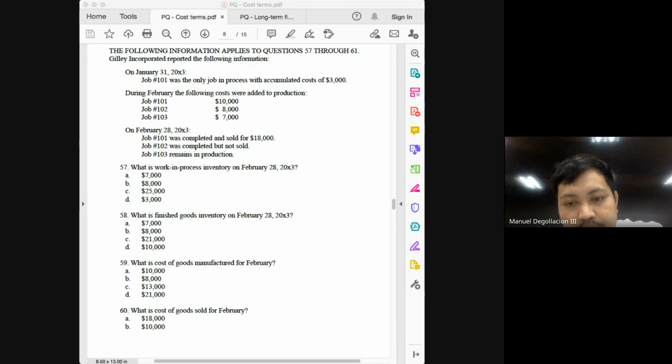But you have to be careful. In answering this one, you will have to include the cost of your beginning inventory. So one possible pitfall here, class, will be for you to just say that the answer is simply 10,000 plus 8,000. Fortunately, that is not among the choices. So what would be the complete composition of our answer, class? Job 101, but not only at 10,000, but 13,000. 10,000 plus 3,000. Does everyone see where we got the 3,000? Yes, the cost of the beginning inventory. Then you add job 102 of 8,000. The answer here would be 21,000.